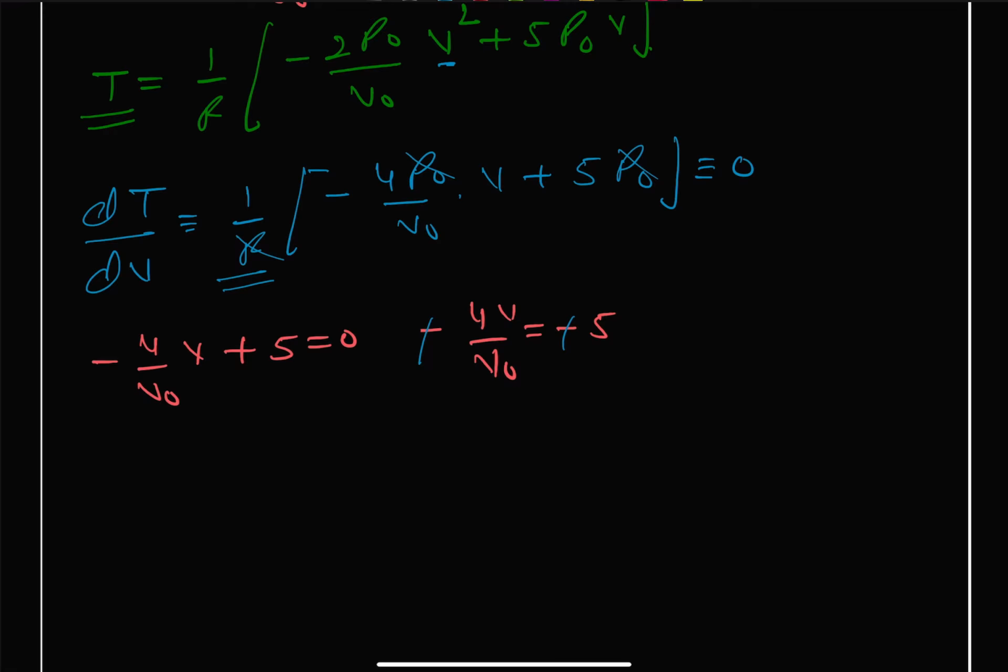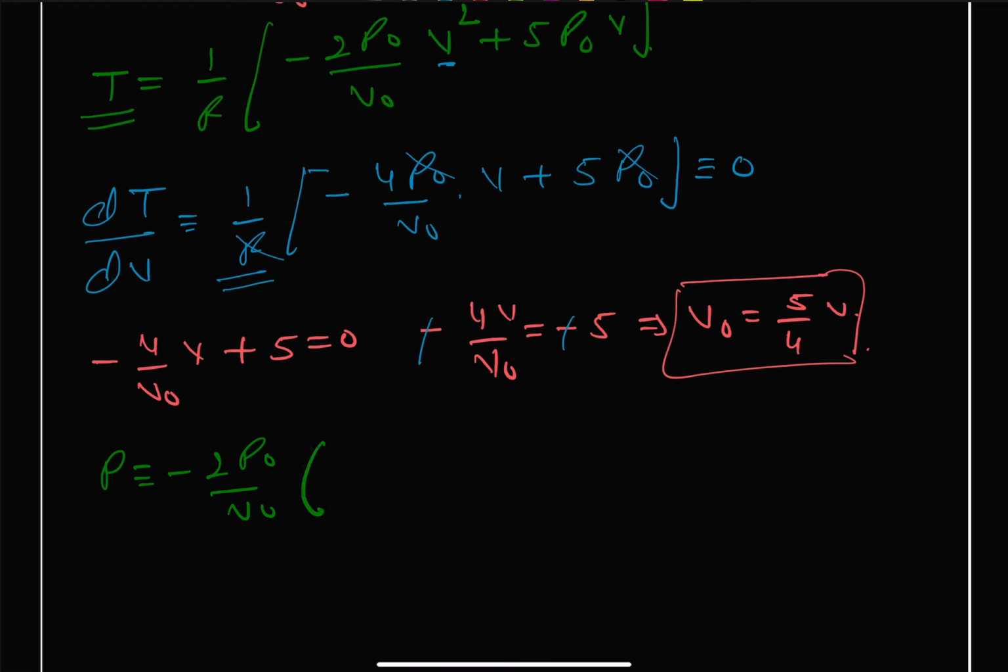So from here we get that our V naught will be equal to 5 upon 4 times V. Now we can find out our pressure and then we come to our maximum temperature. So you can say our pressure P will be equal to minus 2 P naught V naught. Substitute value of our,